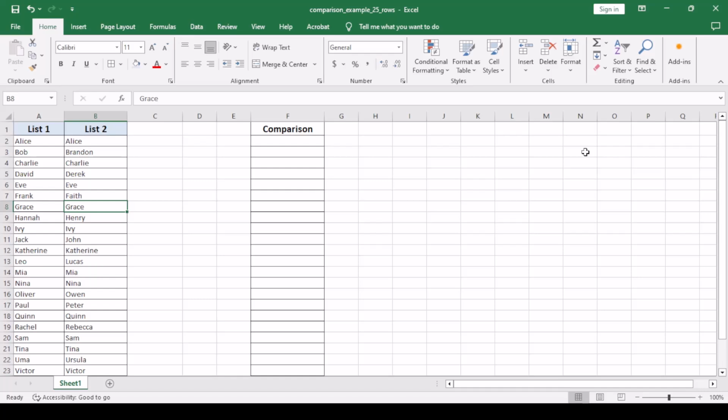In today's video we are going to learn how to use the VLOOKUP function to compare two different columns. The purpose of comparing two different columns using the VLOOKUP tool is to find out the duplicate values in both columns. To do that, we will use VLOOKUP in such a way that: equal to, we will write VLOOKUP